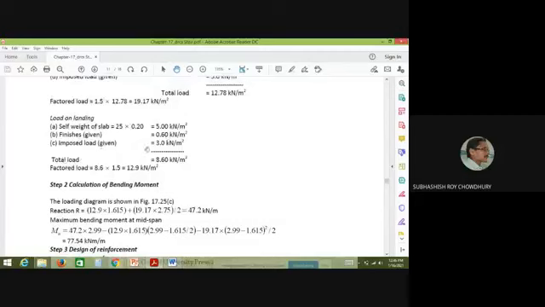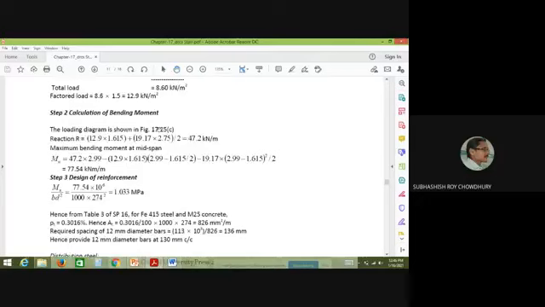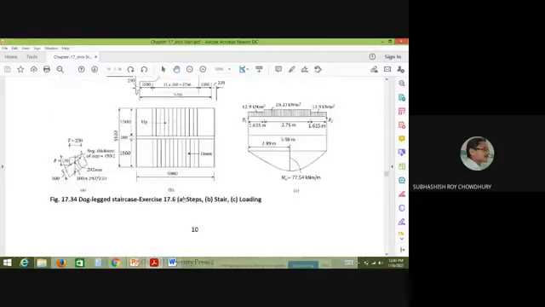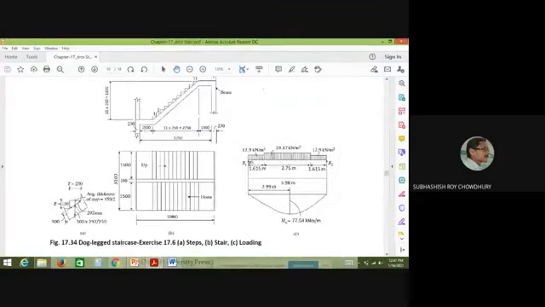Okay, so this is the finish weight. Then the imposed load is already given, 3 kilonewton per meter square. So total is 8.6 kilonewton per meter square. And the factored load obviously we should calculate. Now the bending moment, you can easily analyze this one. So this is the diagram. This is the 1.615 at this side. Okay, this is 1.615 at this side. Then this is the 2.75 middle part.